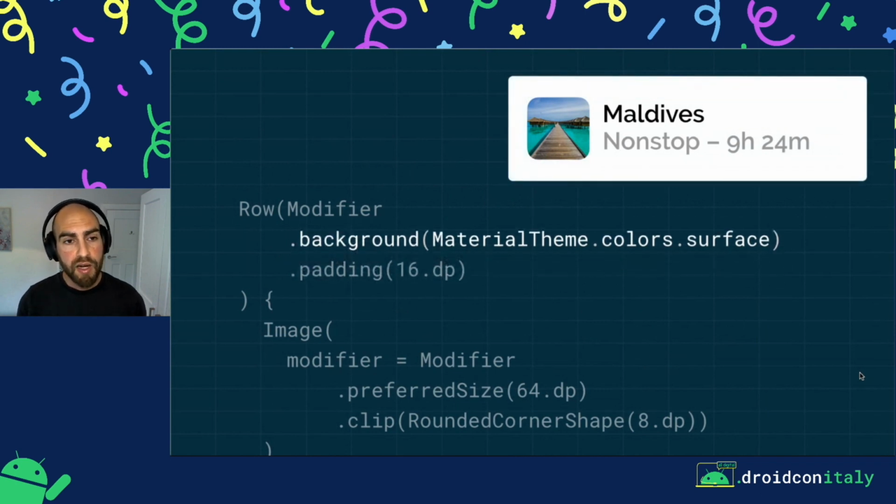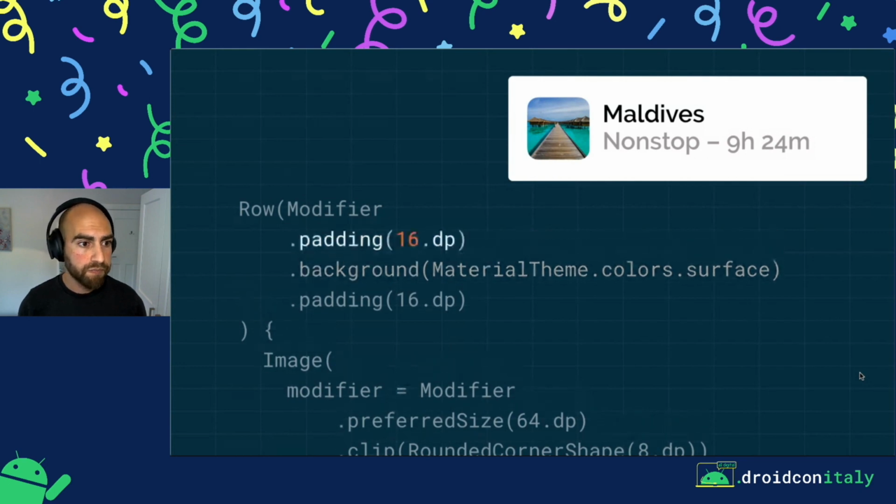If we want the background to apply to the entire row, not just including the padding, then we just switch the order. And at first I thought this was a bit of a gotcha, like, oh, this is a bit annoying. But actually now I love it because what it means is it's entirely within your control, the order in which operations are applied and what that means. You don't have to learn some intrinsic behavior of, oh, hang on, backgrounds are drawn first, then paddings, like the box model. Instead, it means that you can control the behavior by, just like any other method call in our code,